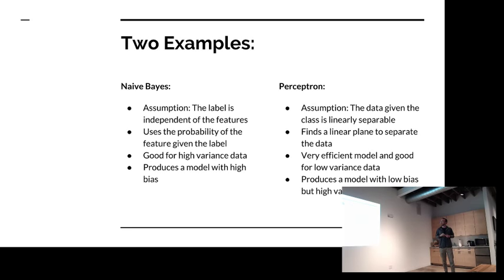So just two simple examples. Naive Bayes is the go-to probabilistic one. Its assumption is that the features are independent of the label. What that translates to in the actual model itself is that you only look for correlations between individual features and the label, and it uses the probability of the feature given the label. It's really good for high variance data because since the model is purely probabilistic, it's insensitive to outliers in the data, and because of that,